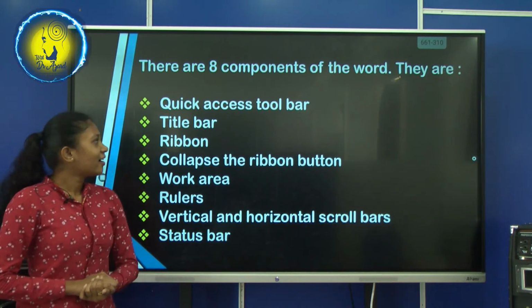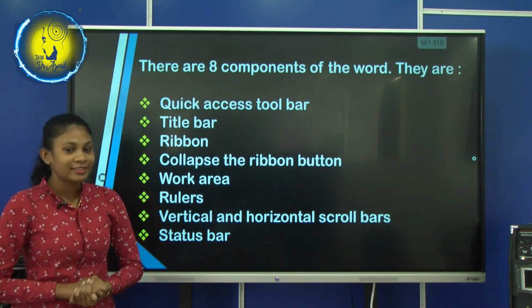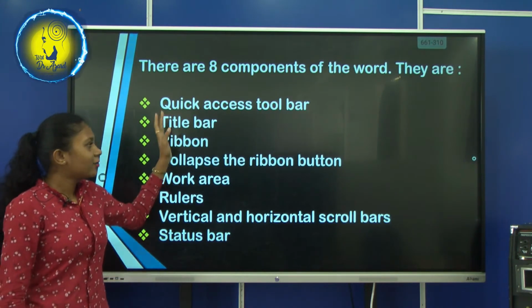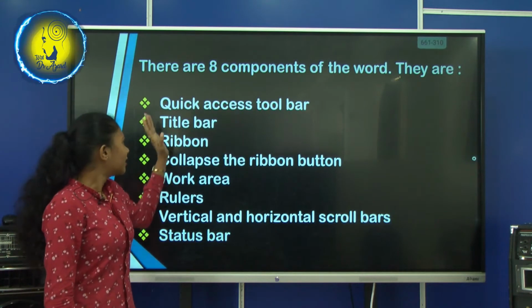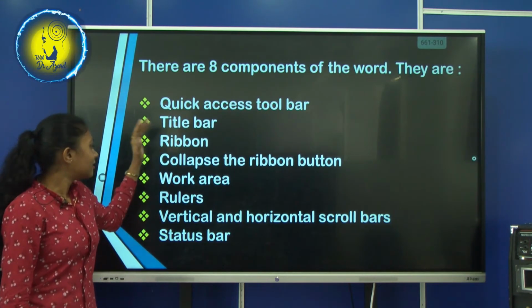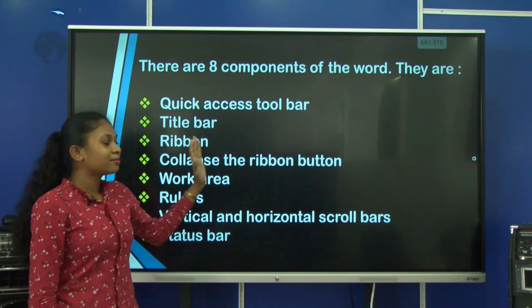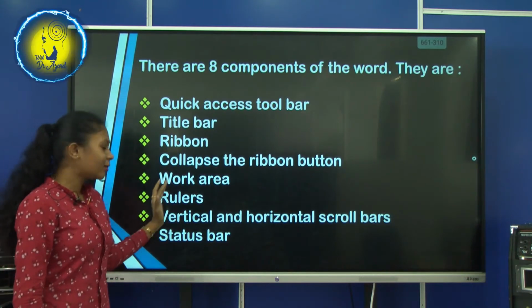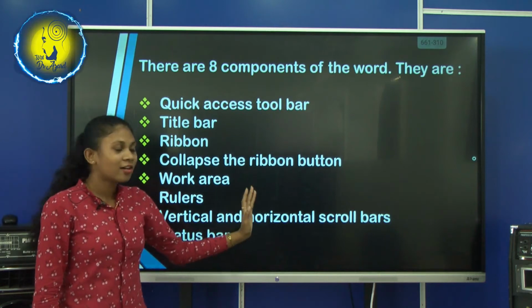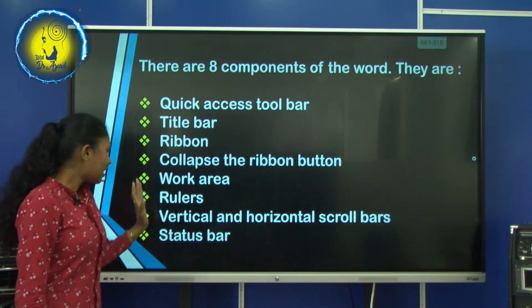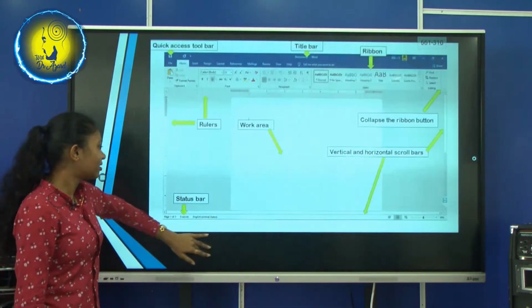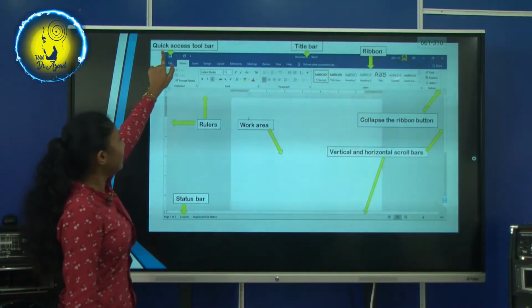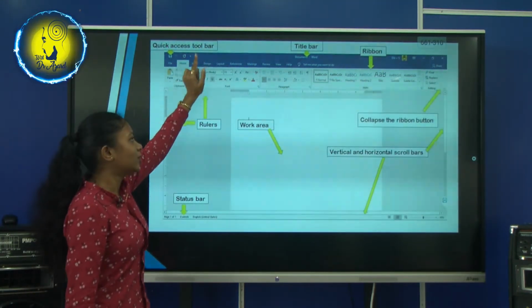So, there are 8 components of Word. They are quick access toolbar, title bar, ribbon, collapse the ribbon button, work area, rulers, vertical and horizontal scroll bars and status bar. See, this is quick access toolbar.